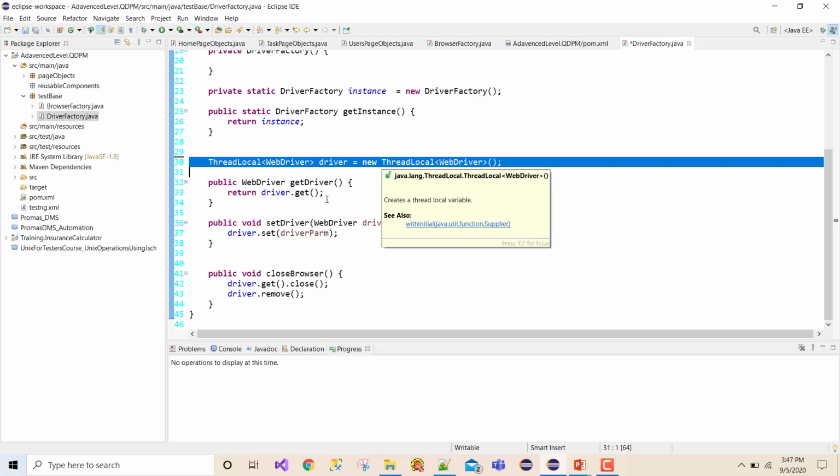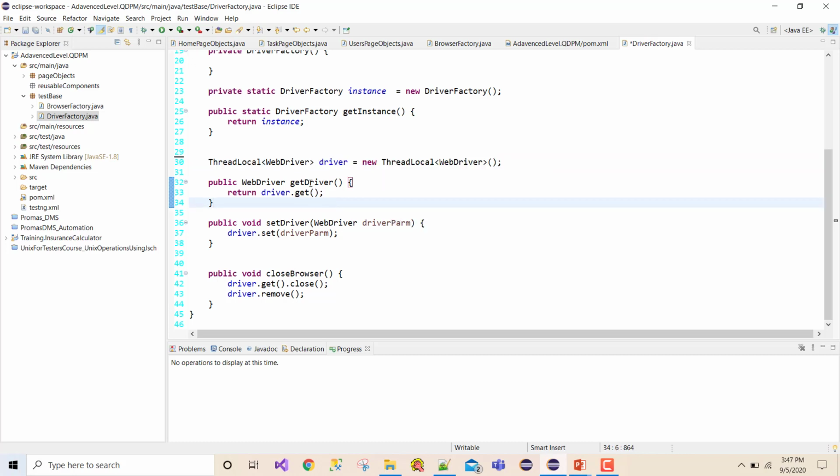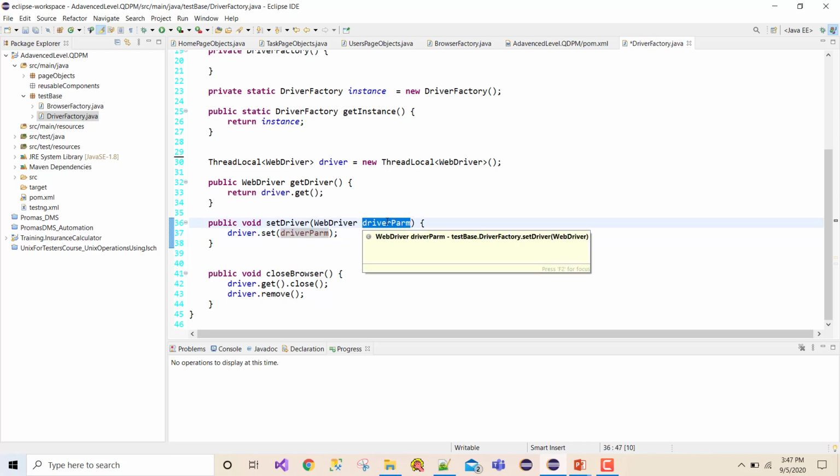Okay, and then we did create a couple of methods, 3 methods. This get driver method will return the current thread's copy of the thread-local variable. But before we get, we should set it, right? So we are going to set driver and we are passing the WebDriver reference, right?